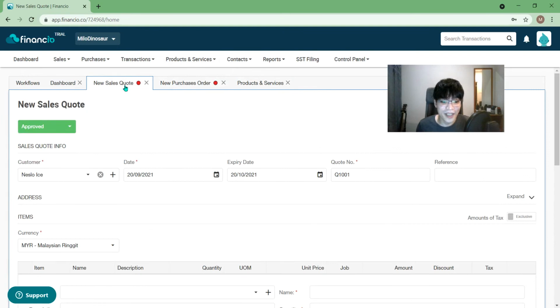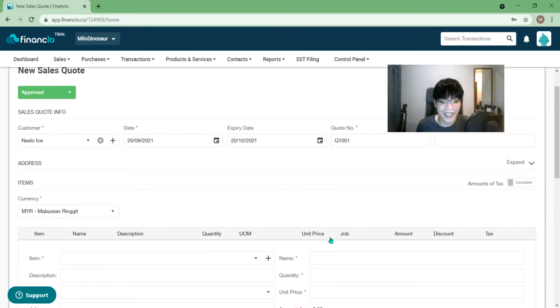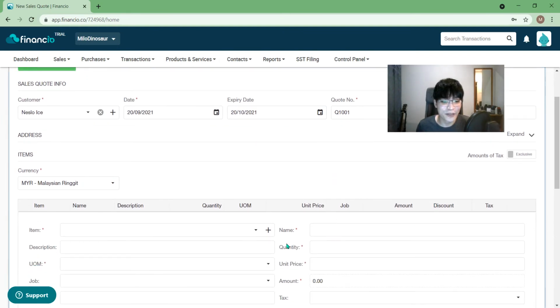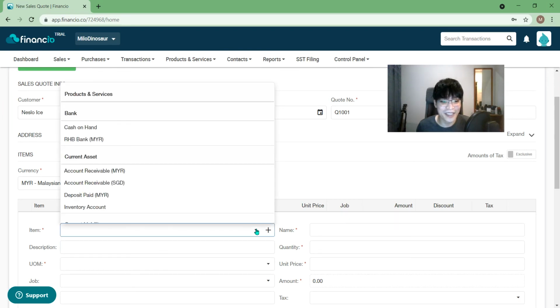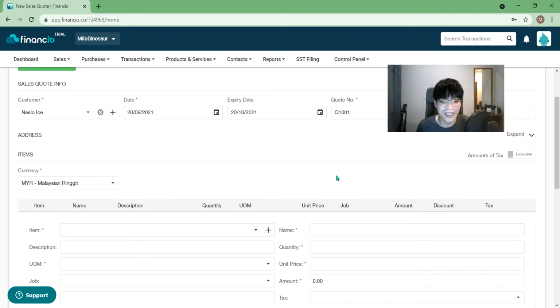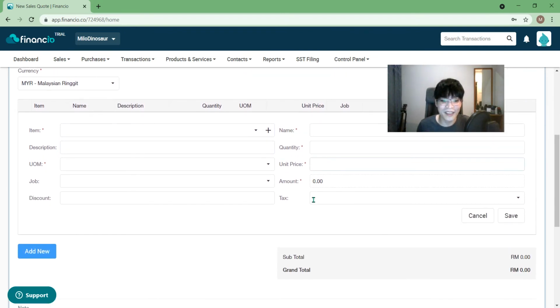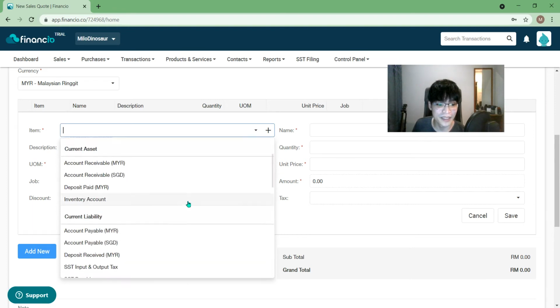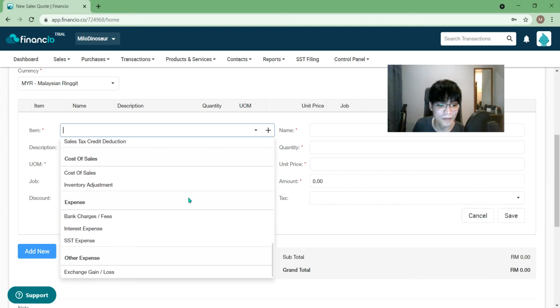But you know, let's try anyways, because I think what they've done is they've also added a negative inventory. I'm not sure if that's a thing they've done, but let's test it out. So negative inventory is allowing you to actually issue invoices even though you don't have the quantity yet, because some people only place their orders when they've made a sale, right? So that's why there's a need for such flexibility. Item